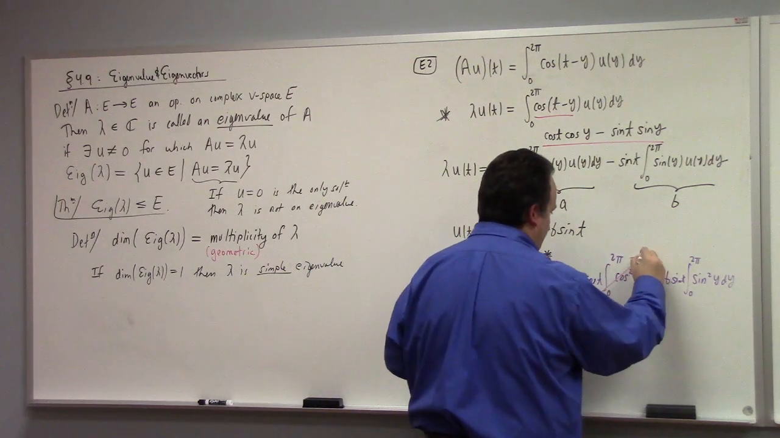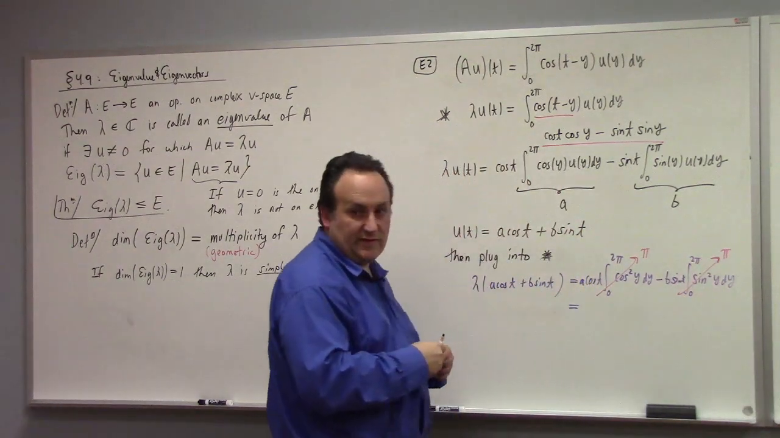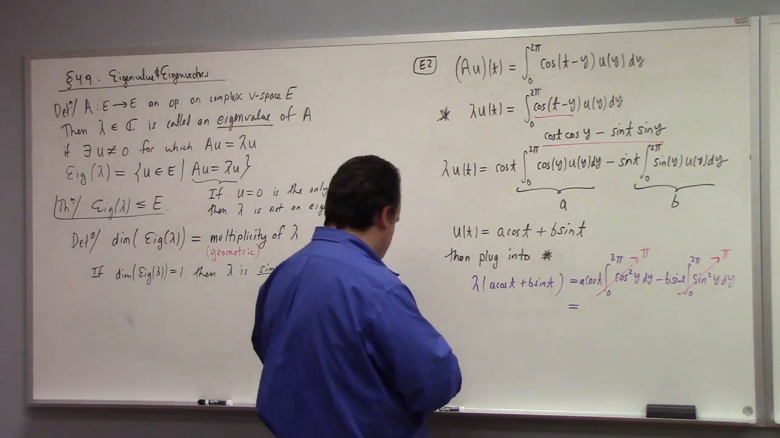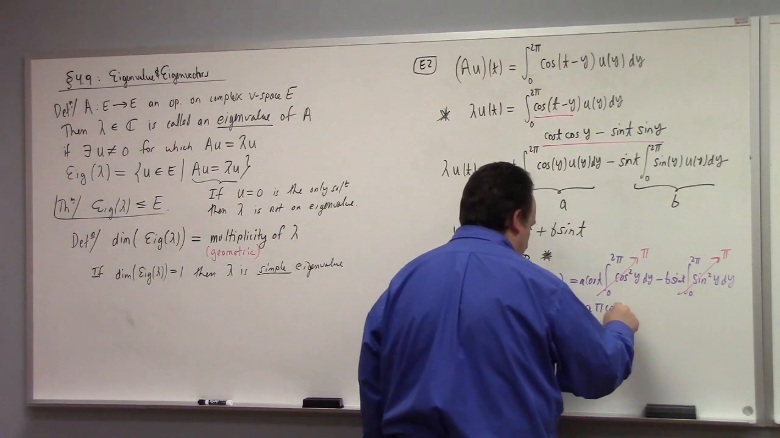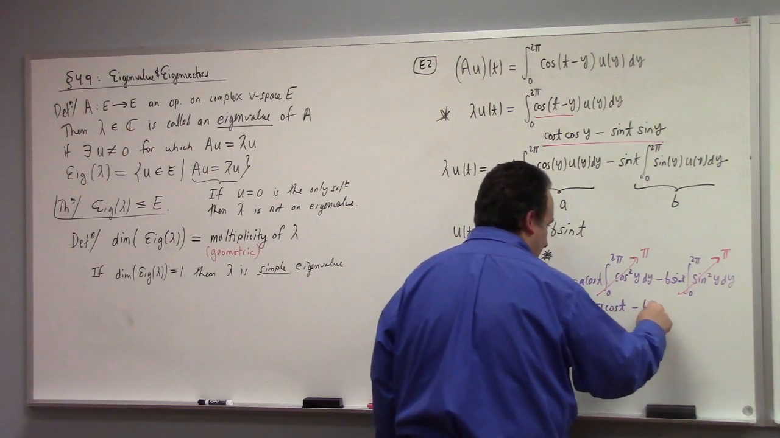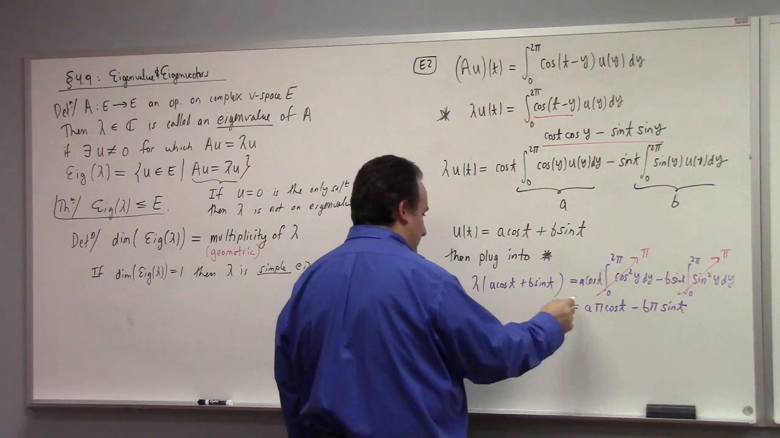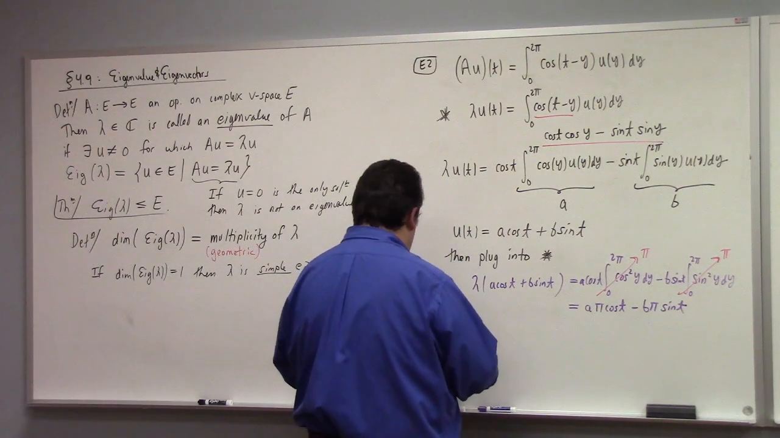So this is pi, and that's pi, because it's half of the integral of sine squared plus cosine squared from 0 to 2 pi. This is a trick. So this gives me a pi cosine t minus b pi sine t. And that's equal to this above, right? So then what you do